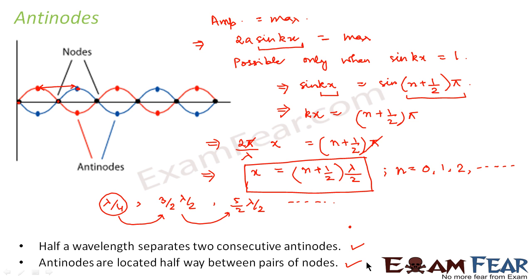Now we will look at certain systems wherein we will look at different scenarios related to standing waves. Just now I spoke about nodes and antinodes, right? Now we will see if we consider a system which is closed at both ends, what happens to the nodes and antinodes. Then again we will look at a system which is closed at one end and open at the other end. In that case, what happens to the nodes and antinodes? So we will look at all these things. So let us go ahead and see.